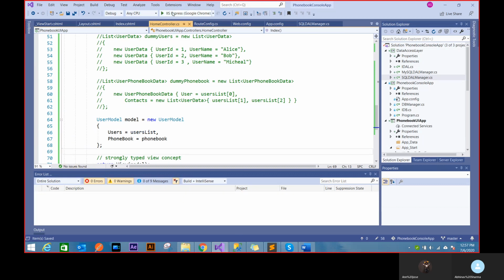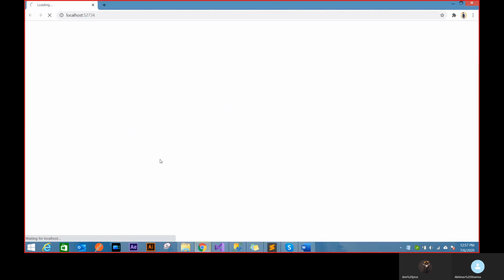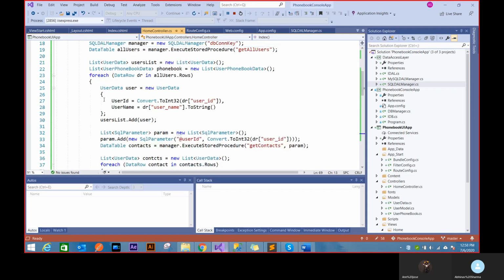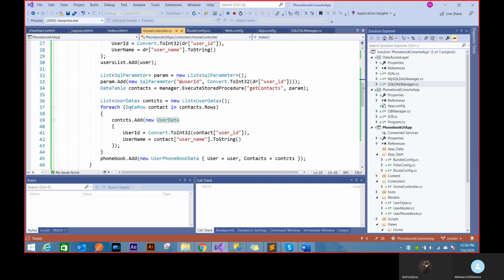What I've done is, because the data has to be fetched in that way, with the user inside the contacts, for every user that I got, I just pass that user ID inside this contact procedure. I get all his contacts, and then I just add them inside the phone book data. For this user, the list of all the contacts, because there could be multiple contacts, right?